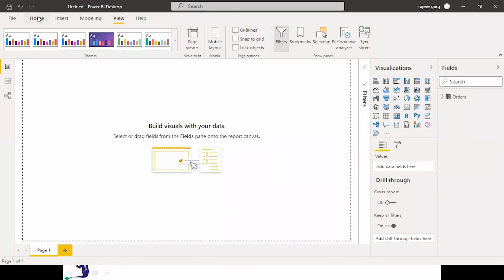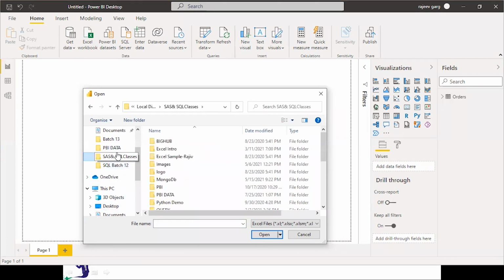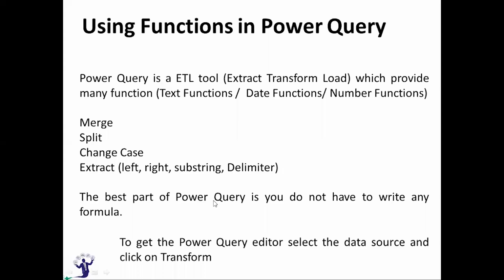So I'm getting the data over here. I will say Excel, and okay, I'm looking for the data EMP. Here it is.